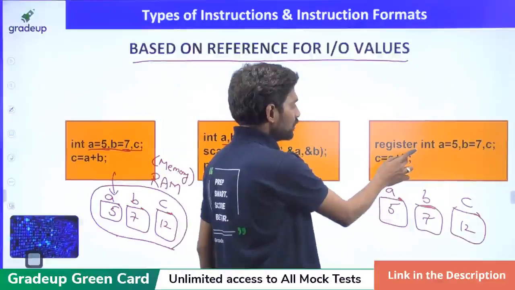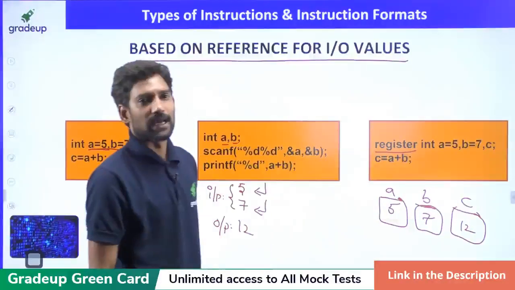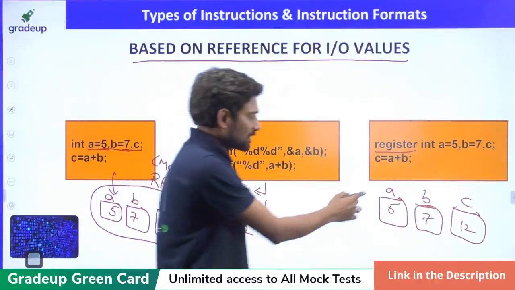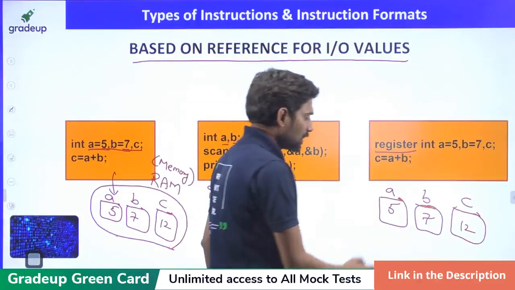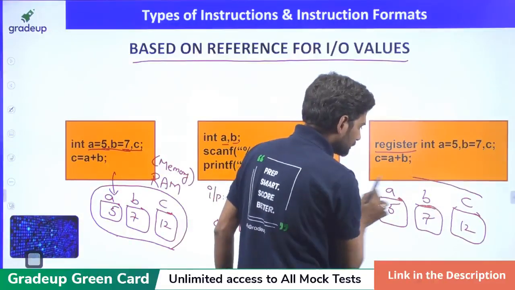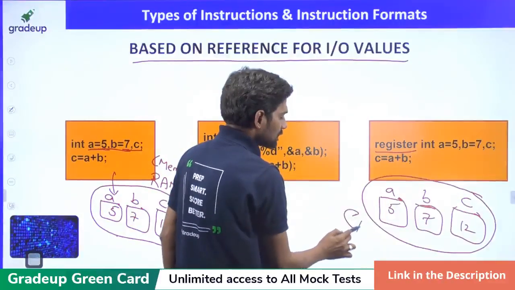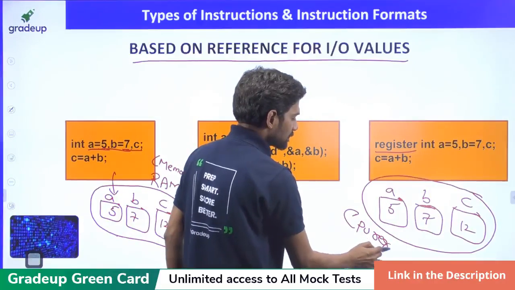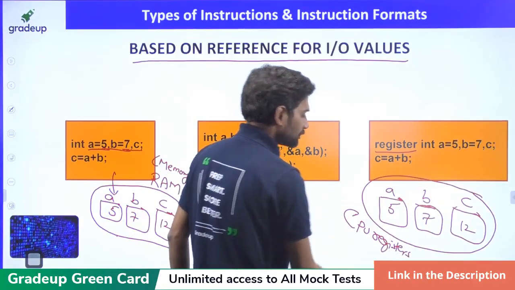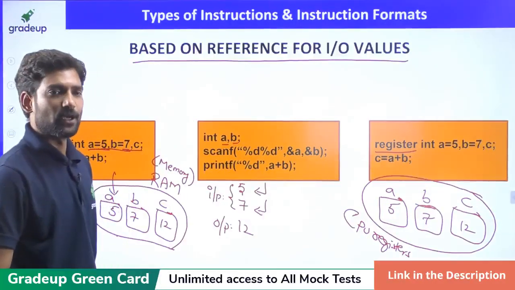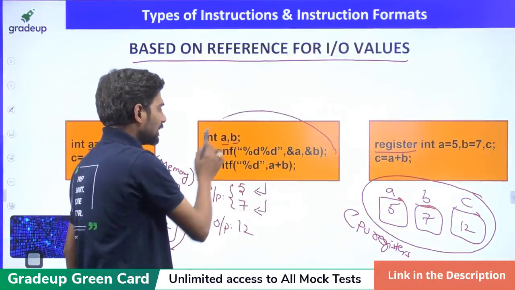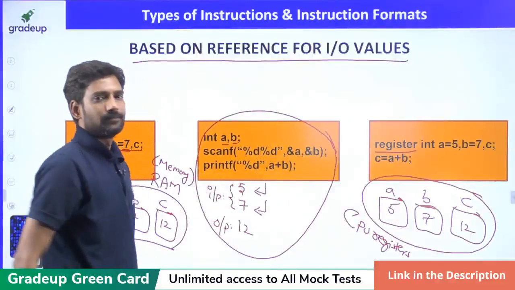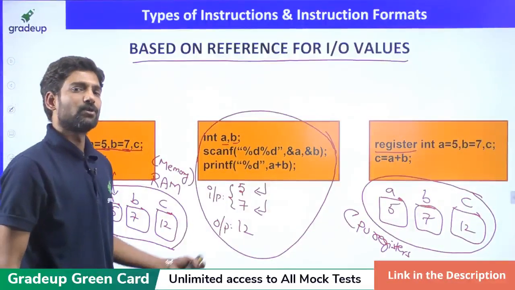But when I use the register storage class, the same 2 or 4 bytes for A, B, C are allocated where? In CPU registers, isn't it? In CPU registers. Here, where A and B values are getting stored, they are not getting stored anywhere,